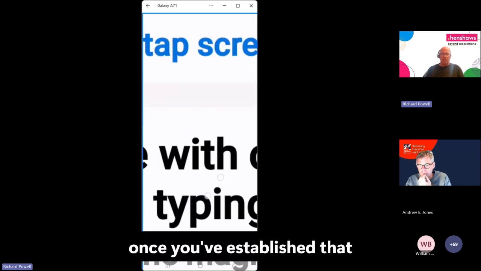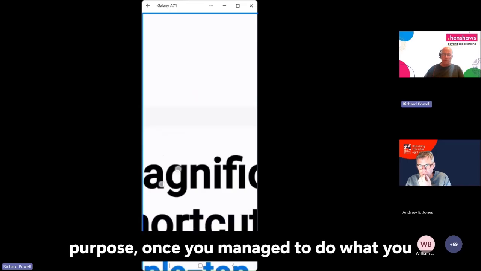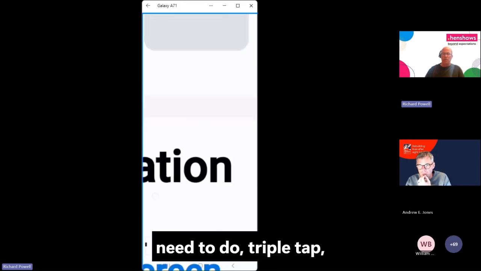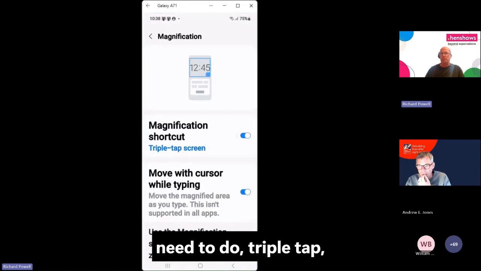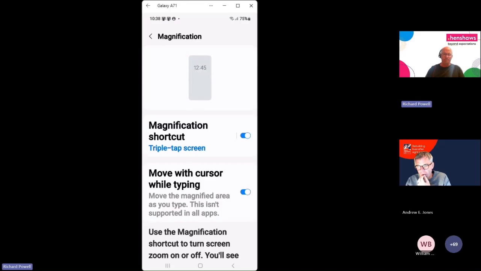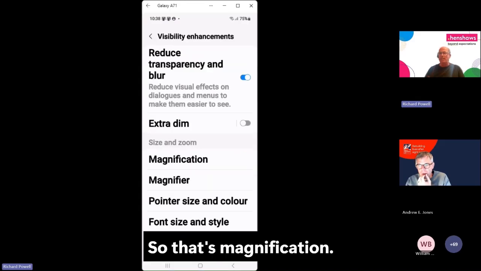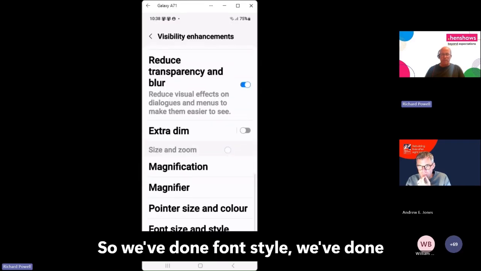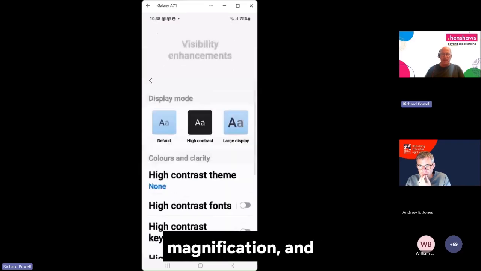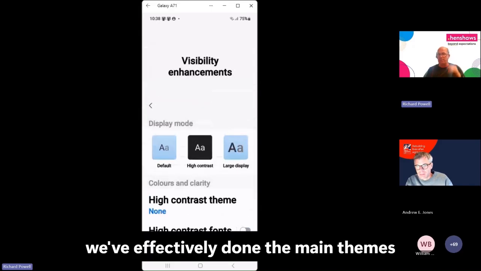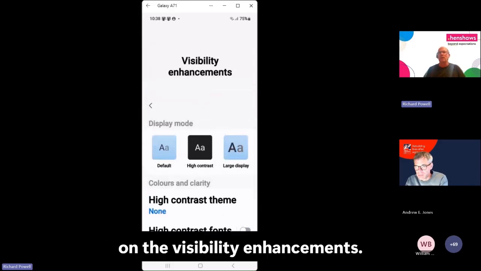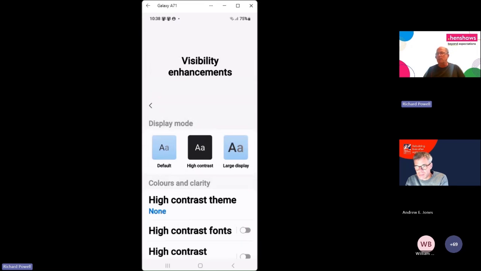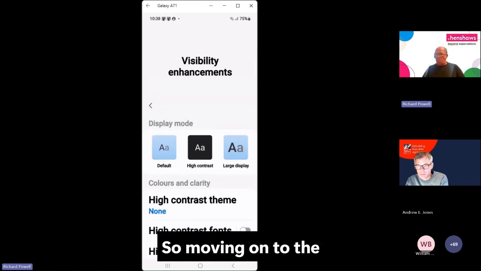Okay, once you've established that purpose, once you manage to do what you need to do, triple tap, turn it off. Okay, so that's magnification. Okay, so we've done font style, we've done magnification, and we've effectively done the main themes on the visibility enhancements. So moving on to the next thing,